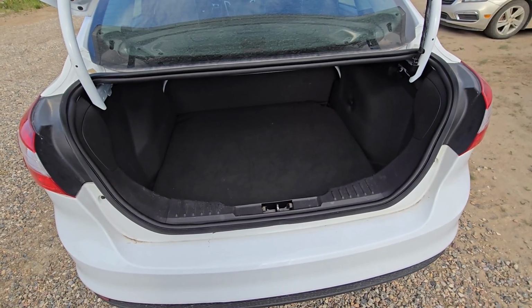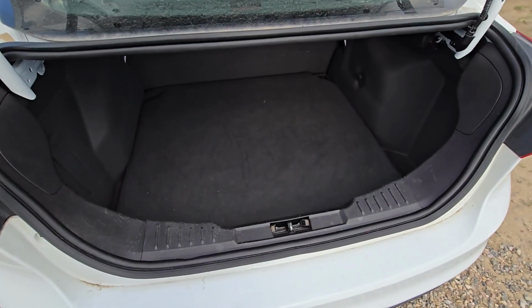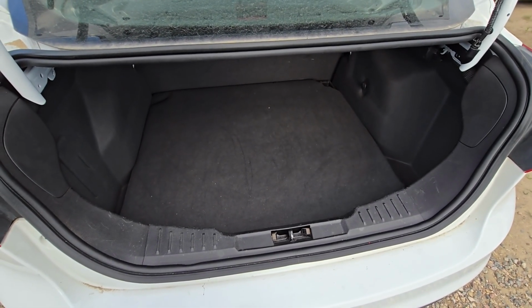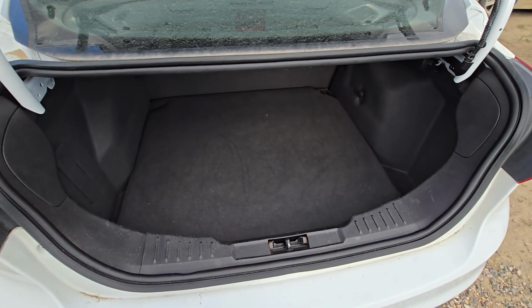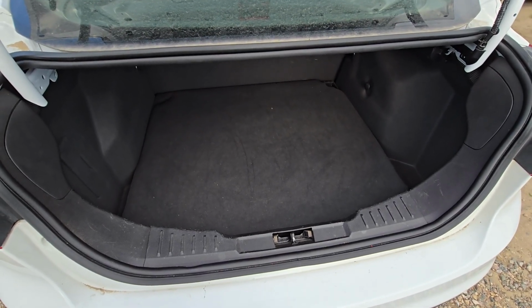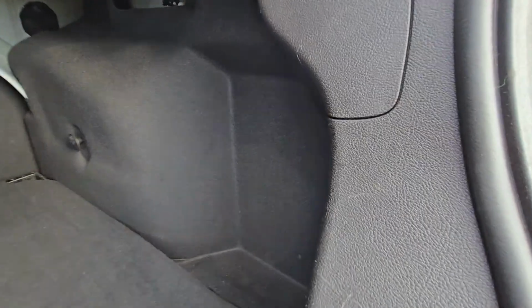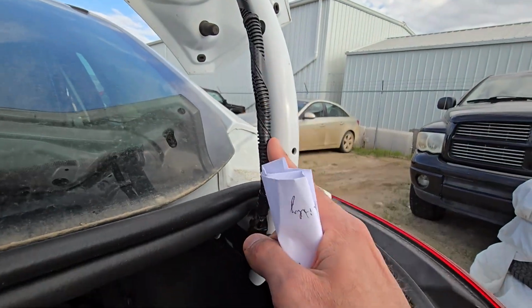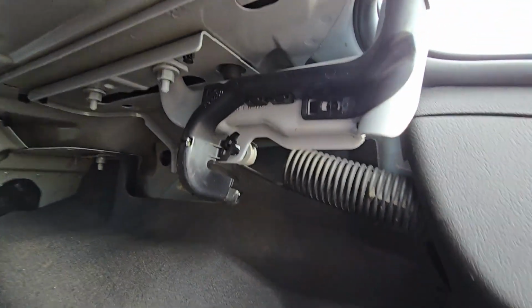Now the third thing I will mention, also not a major thing, but often on these vehicles you will get a message on the dashboard saying that the power trunk is not working, so you cannot open the trunk, right? It's not a fuse issue, but it's a wiring issue. Now I will show you what happens quite often. You see these wires here, how they go all the way down. You just want to follow these wires, and